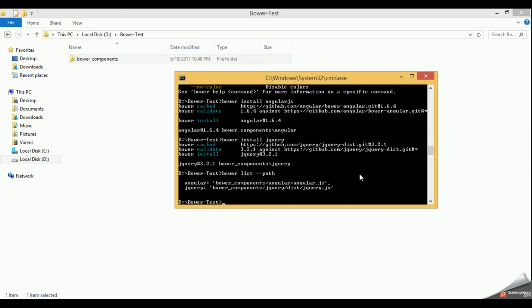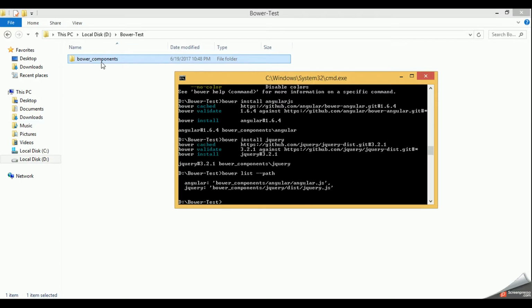Okay, now for example, you are working in an application where you need 100 such external dependencies. For example, you need to install 100 libraries using Bower from the web. And you are working in an application where many other people are working along with you as well, so you need to share these dependencies with them, right? End of the day, the size of this bower components folder will be huge if you have 100 external dependencies within your folder. So this is a very bad practice.